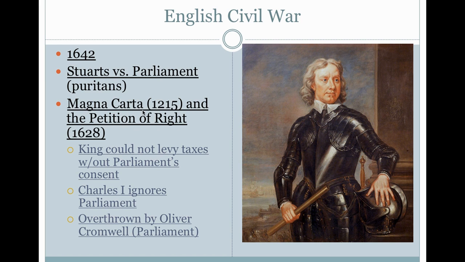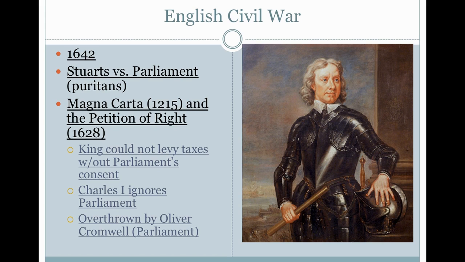It is kind of strengthened later on by the Petition of Right in 1628. And all that means is what both of these documents did. What the Petition of Right did is it strengthened the rights that were established in the Magna Carta. Remember, the Magna Carta was used to check William, right, the early Norman ruler. But basically, it said that the king could not levy taxes without Parliament's consent. And other certain things like trial by jury. And that's important. That's the foundation of our Bill of Rights, our Constitution.